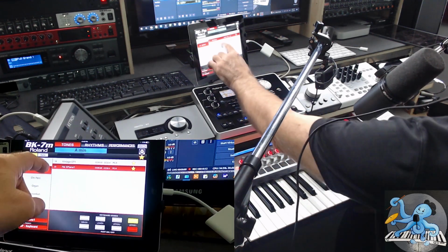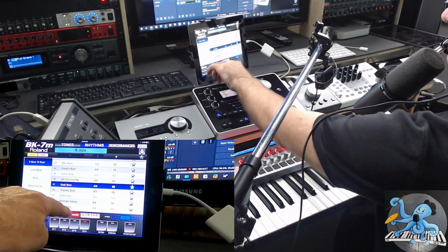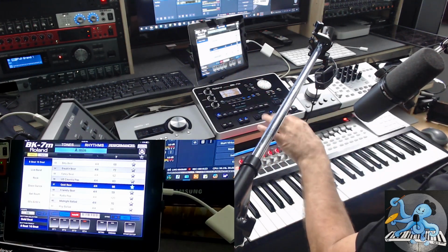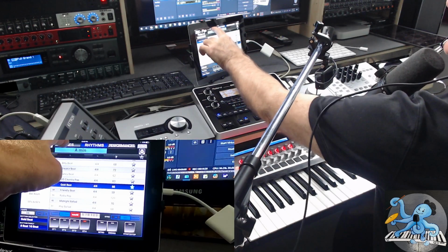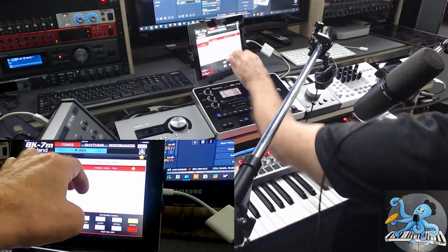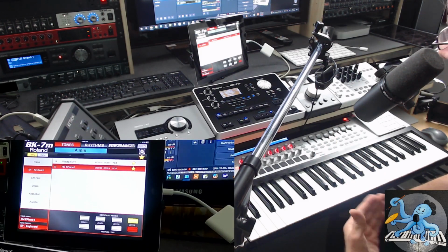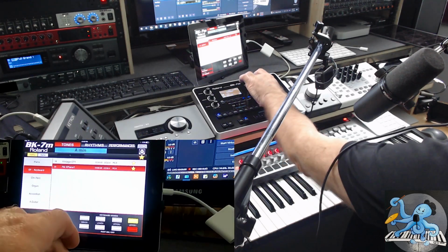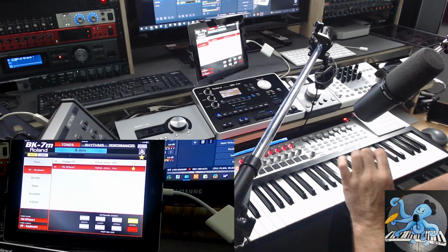So remember, in the rhythm section, I like to be there. Why? Because I have here one touch setting, and if I'm there in one touch setting, I can use this section for styles and one touch setting for my favorite sounds. But very fast I can switch to tones, and then I can choose my favorite sounds. And performance. So it is not complicated. There's not a lot of stuff, but everything is so usable, and you can use it right away when you need it. If you want to use this keyboard in live performing, that is the best setup,